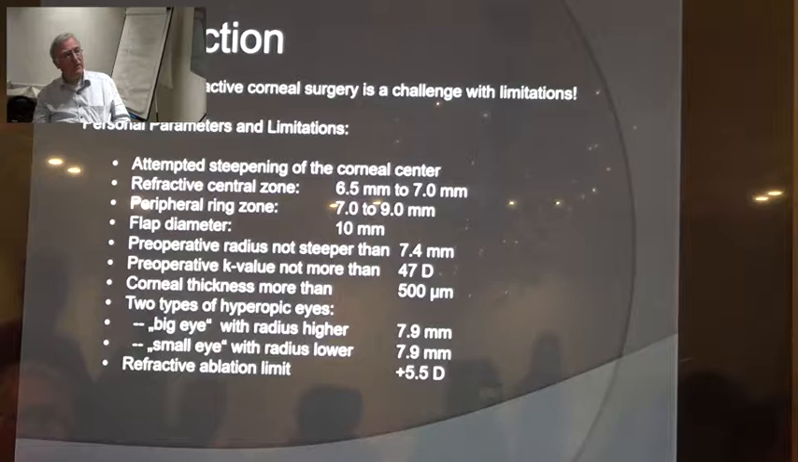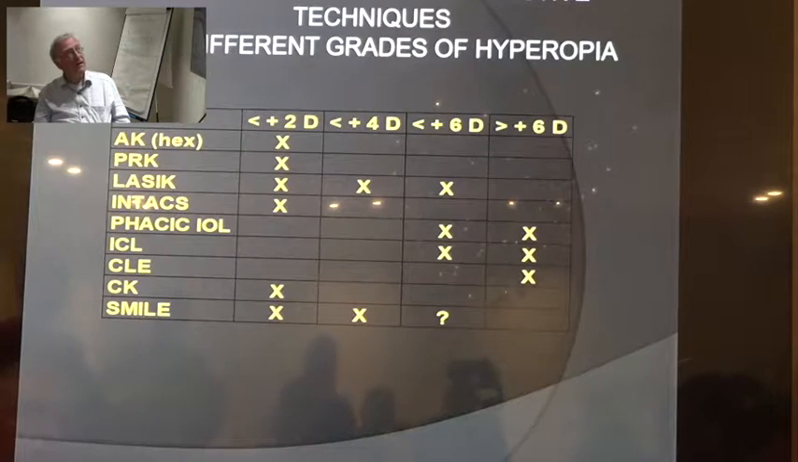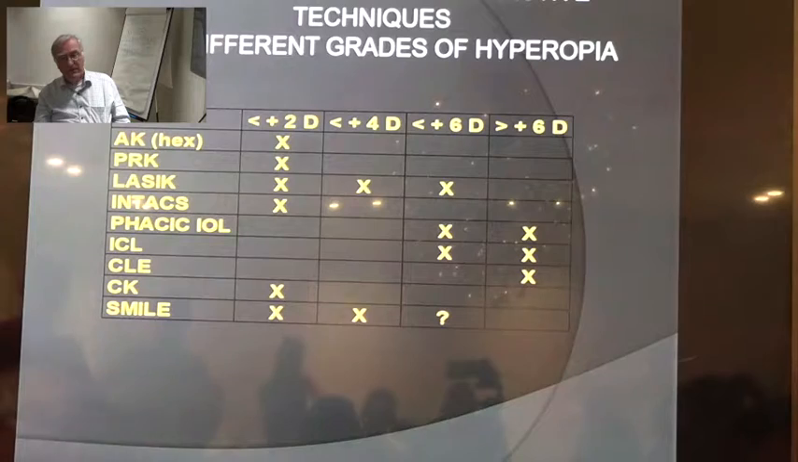The corneal thickness should be more than 500 microns, and in hyperopia there are on average two kinds of eyes, the so-called bigger eye, more than 7.9 millimeter, and the smaller eye, less than 7.9 millimeter. The refractive ablation limit in our study was 5.5 diopters. Here you see the preference of surgical refractive techniques for the different grades of hyperopia: AK, PRK, LASIK, Intacs, phakic IOL, and maybe one new challenge in hyperopia correction will be